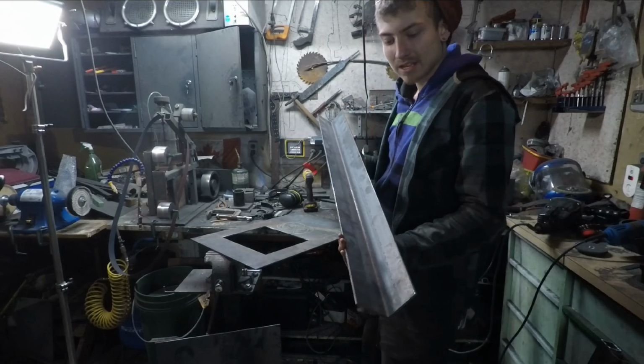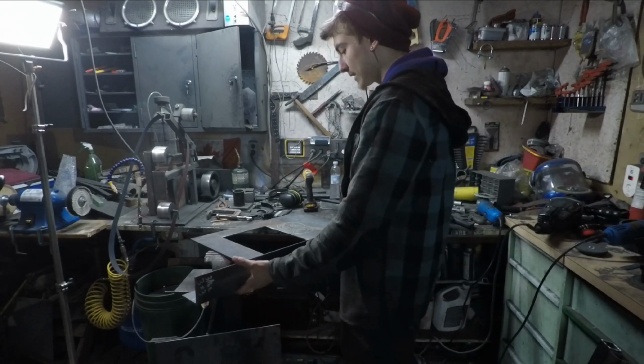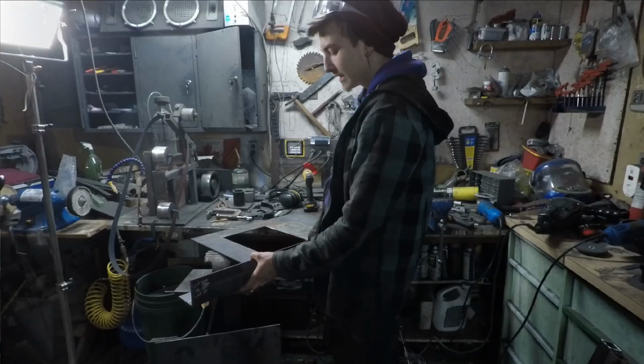I'm going to cut the angle iron I have to the correct length, going to start welding it on, and then